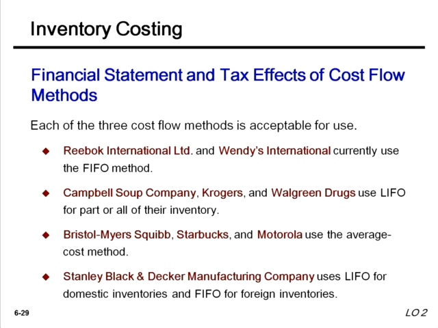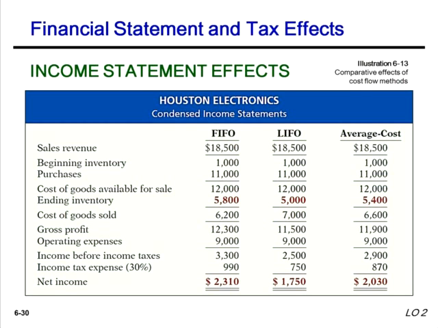Alright, so financial and tax effects of cost flow methods. In this slide, we have a list of different companies and the inventory costing method that they use. We have an example here with Houston Electronics. So we have the same fact pattern in terms of sales revenue, in terms of total cost of goods available for sale. And if you look,